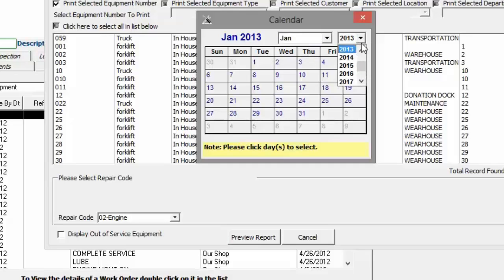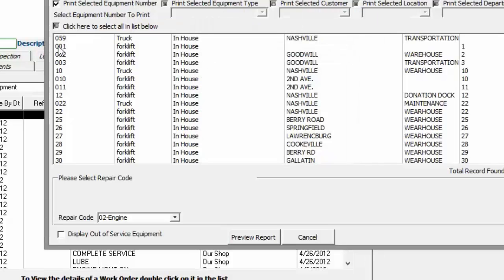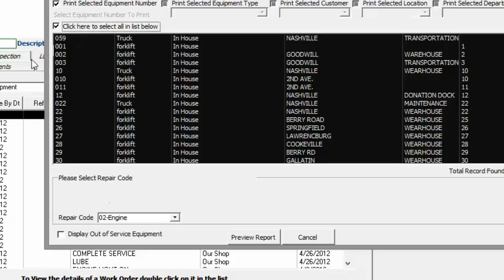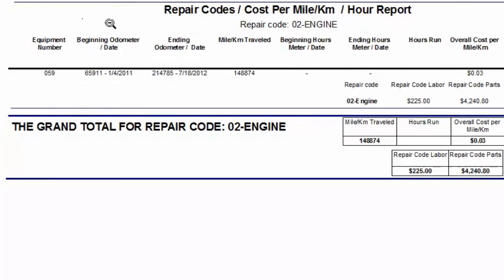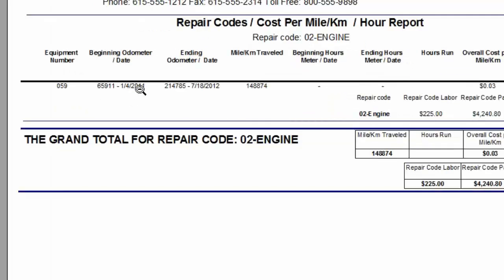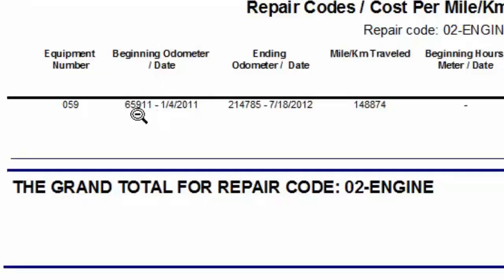So we're going to go back on this to 2011 because this date is a little bit older, and I'm not sure what we have here. I'm just going to go ahead and choose all the equipment in this list. Go ahead and preview the report. Okay, now we can see here that for this equipment number 059, we had a beginning odometer reading starting in 2011 at 1/4/2011 of 65911, and then an ending odometer reading, the last one put in there was 7/18/2012, which is July 18th, 2012, of